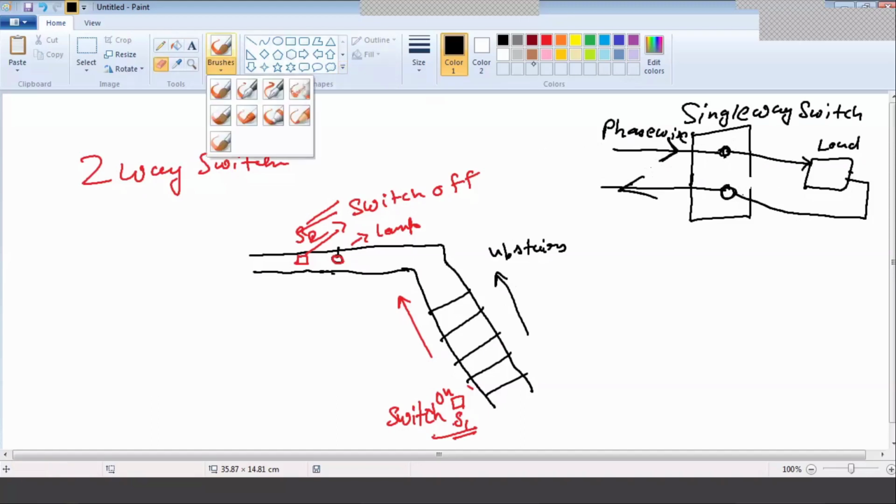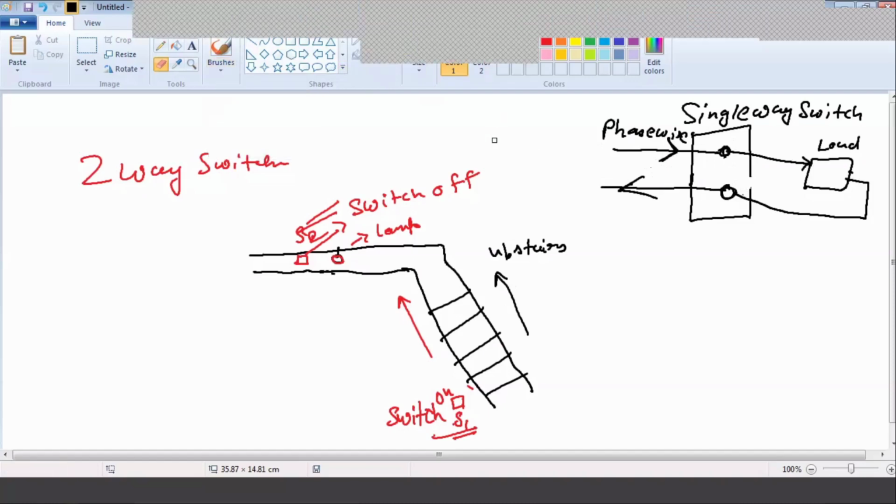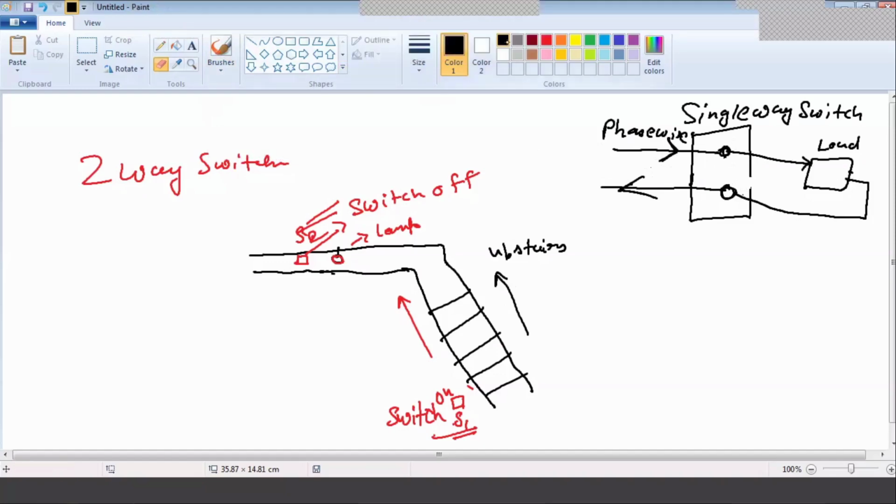Now in a two-way switch, what happened? There are three terminals. So the three terminals are like this: 1, 2, 3.